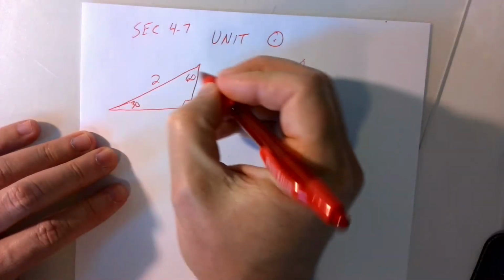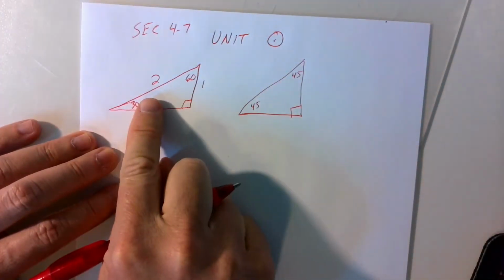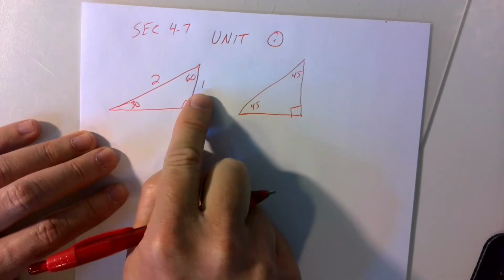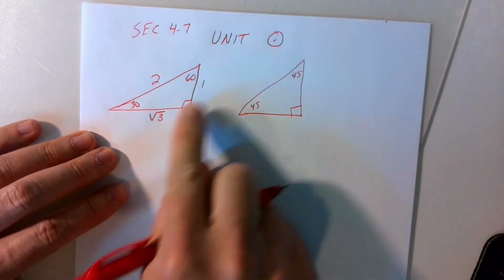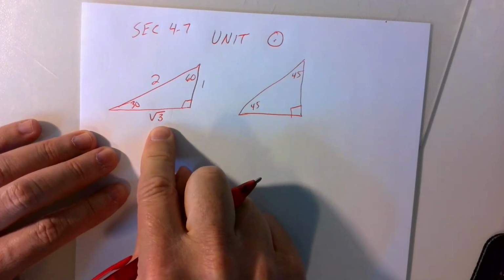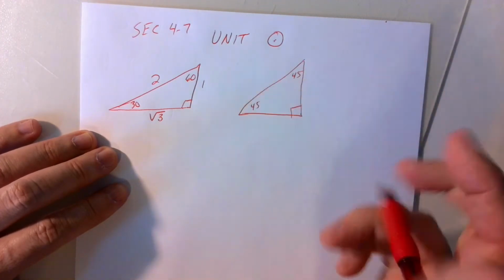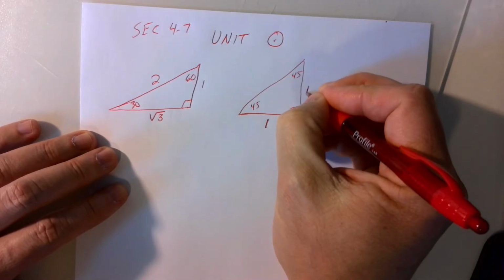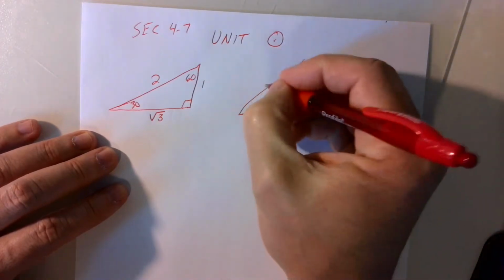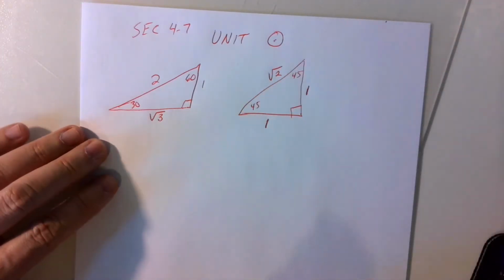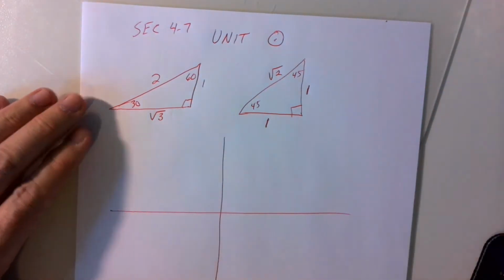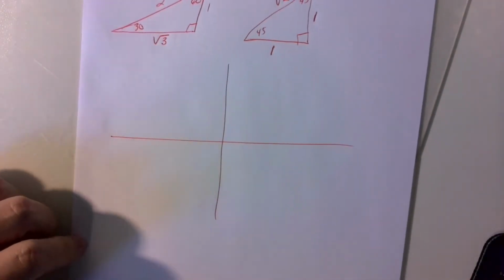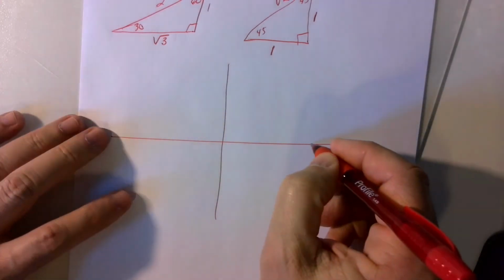So we kind of know that on a 30, 60, 90, the hypotenuse is always twice as long as the short leg. Whatever the short leg is, the long leg is whatever that is times square root of 3. And on a 45, 45, 90, we know that this is isosceles, so this is a 1, 1, and then that's a root 2 situation. And basically a unit circle is nothing more than all of those 30, 60, 90, and 45, 45, 90 triangles